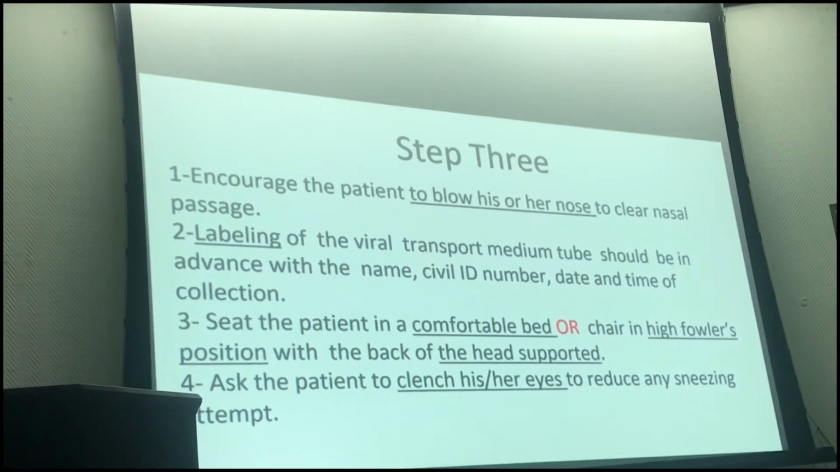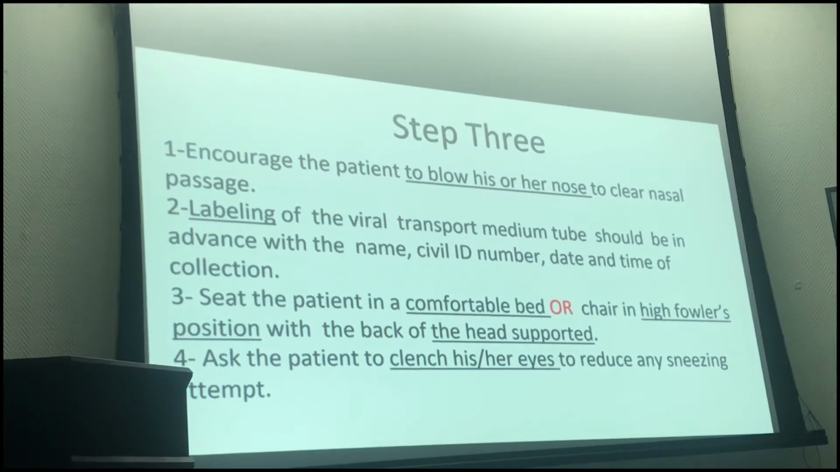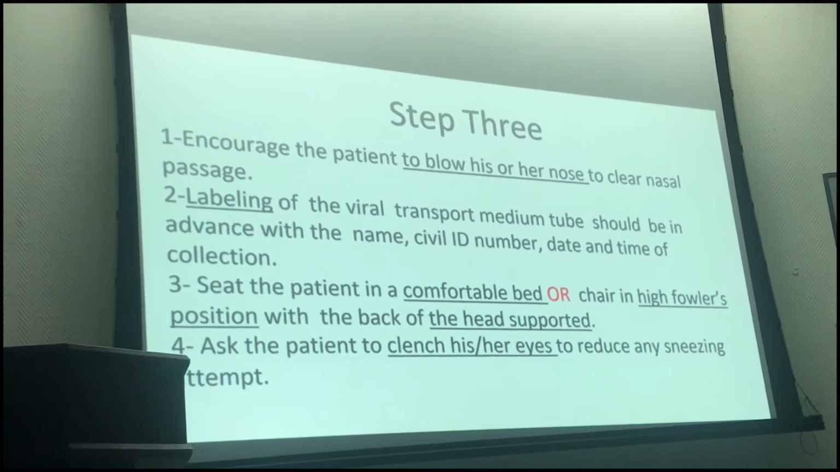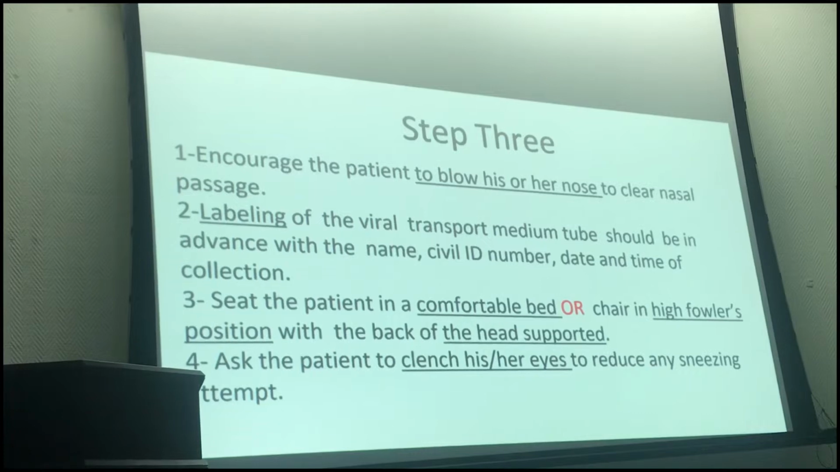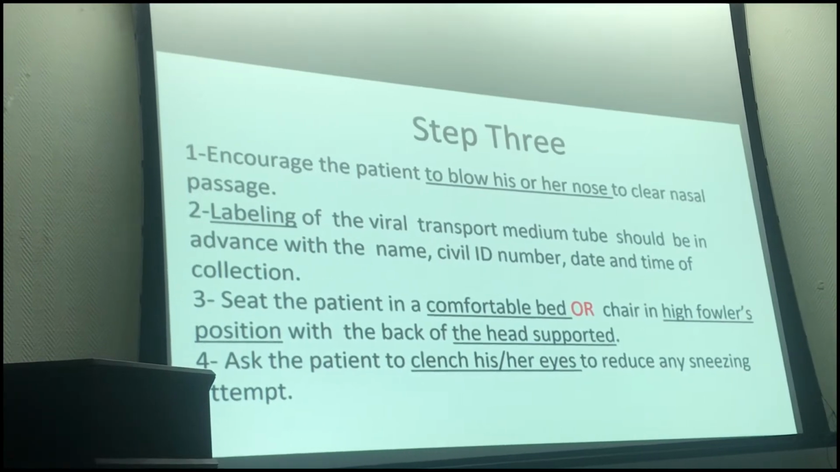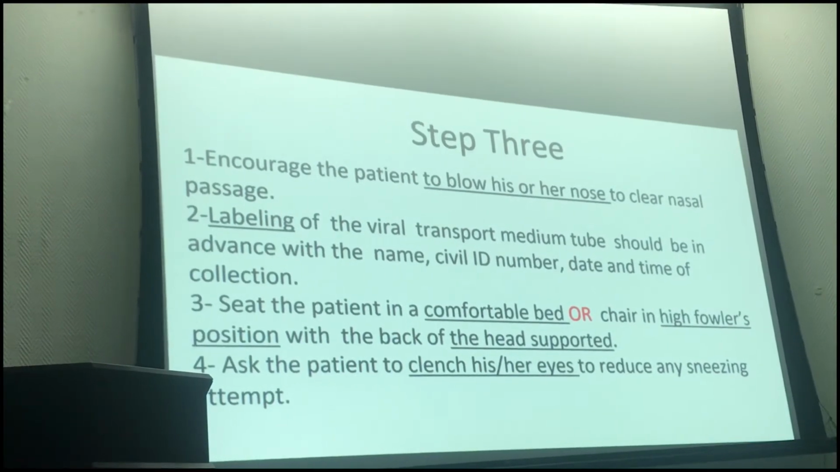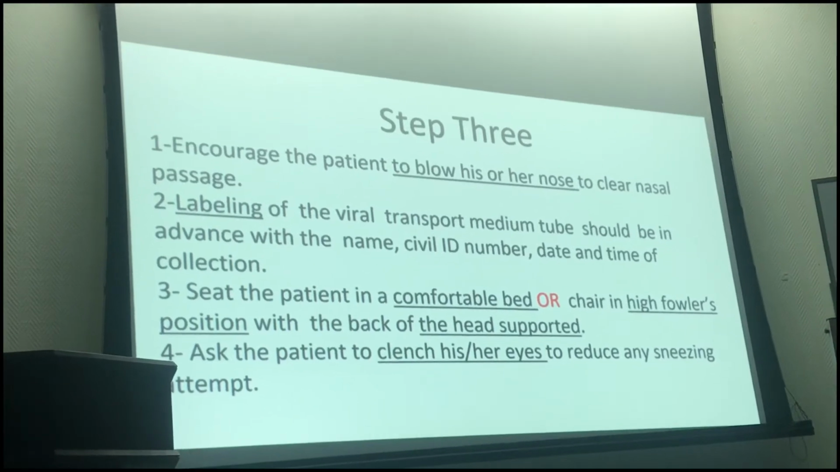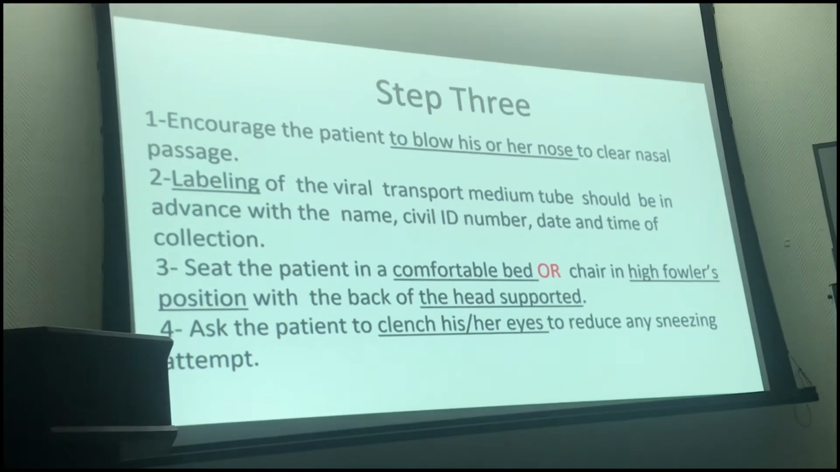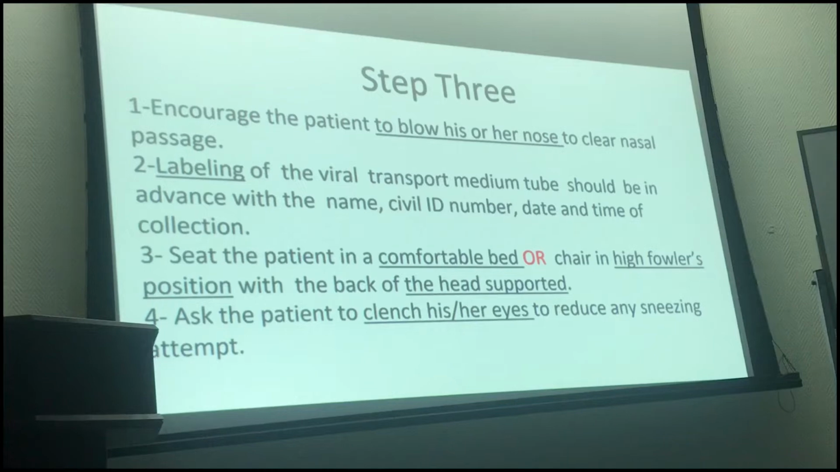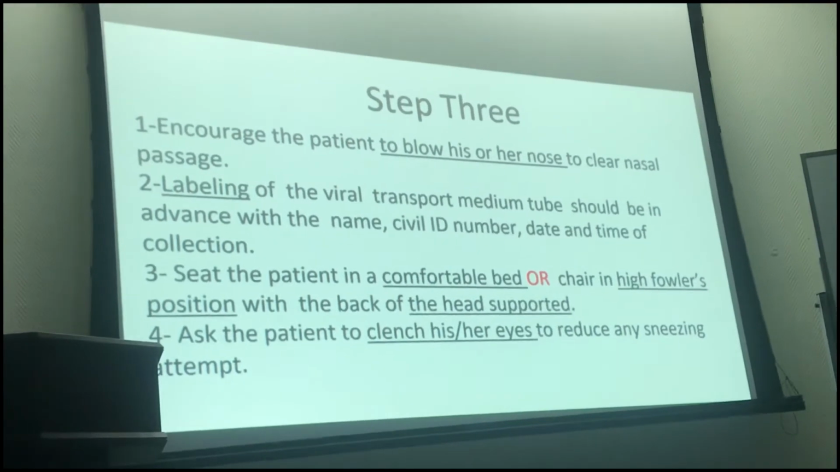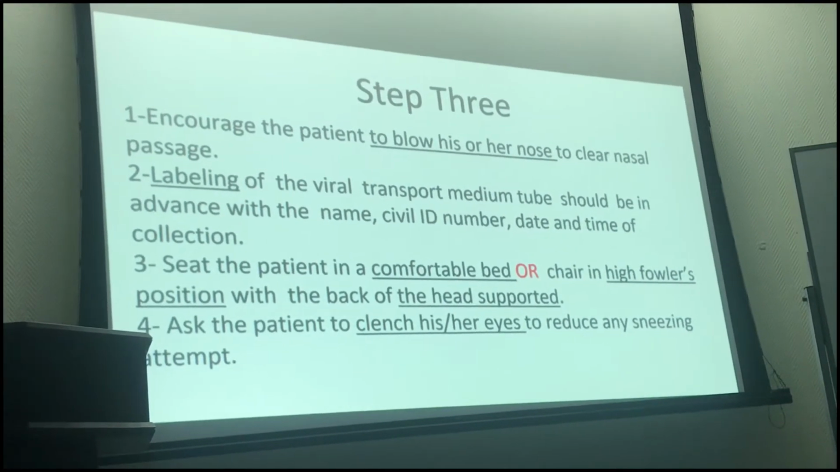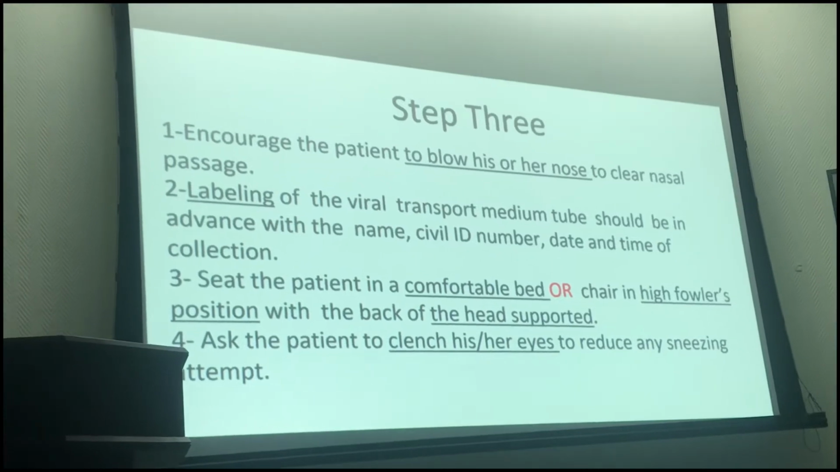Labeling of the viral transport medium tube should be done in advance with the name, civil ID number, date, and time of collection. Seat the patient in a comfortable bed or chair in high Fowler position with the back of the head supported. Ask the patient to clench his or her eyes to reduce any sneezing attempt. When you introduce the swab, although it's very delicate and thin,